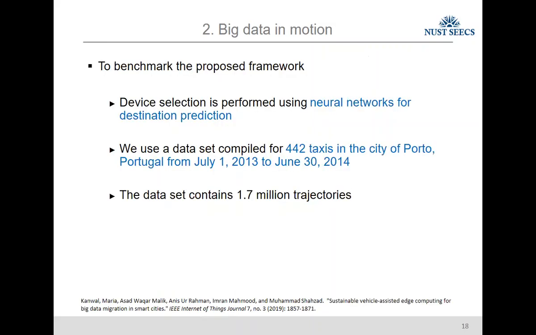So now we have to do some kind of analysis: how do we select this vehicle? We have to minimize reads and writes, right? Reads and writes means whenever we select a vehicle randomly, it may take the data only up to a certain extent, maybe a few kilometers. But our goal is to select the vehicle which takes the data near to the end location, right? For that, we use taxi traces of Puerto Rico. We got the traces of one year, and based on that, we use a neural network to select the vehicles which are moving towards the destination node.